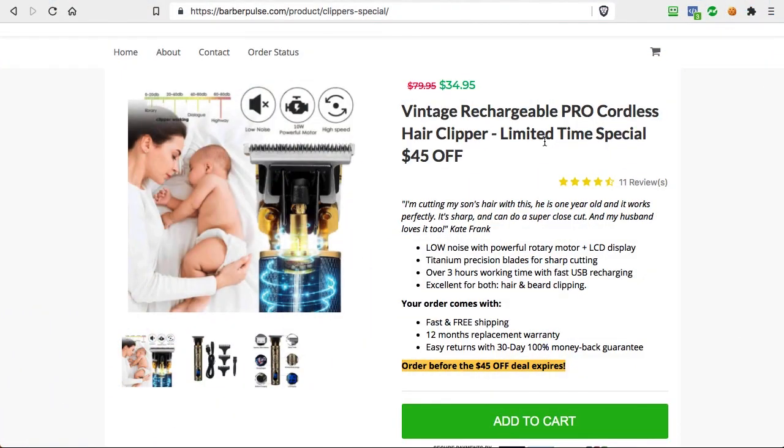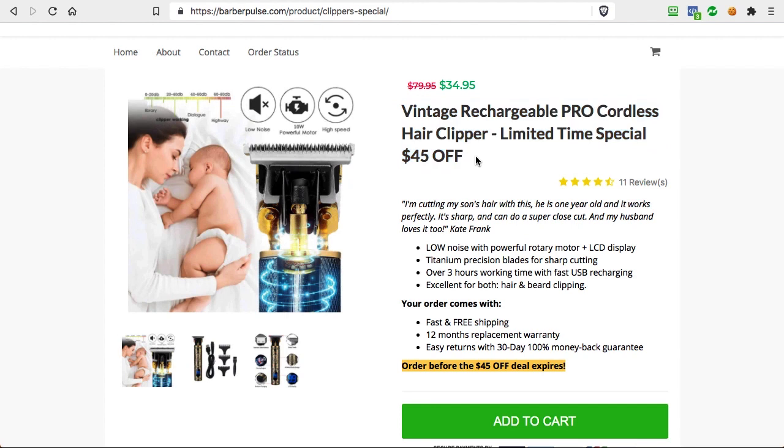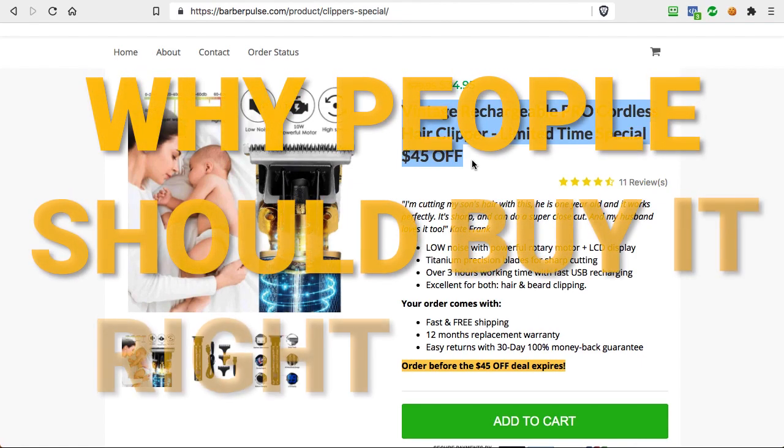So here I have a demo store, and I just want to show you now this title right here. And I want to say right away that the purpose of a title is really twofold. First, you want to obviously tell what this product is, but the second thing that you want to answer immediately with the title is why people should buy it right now.